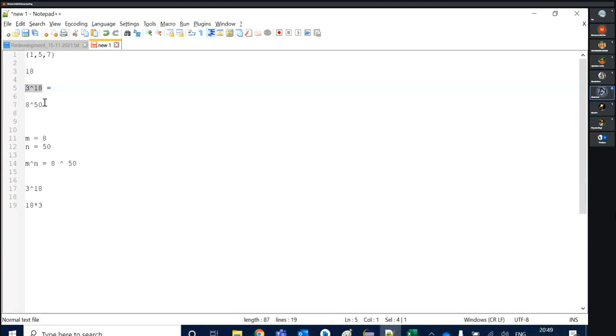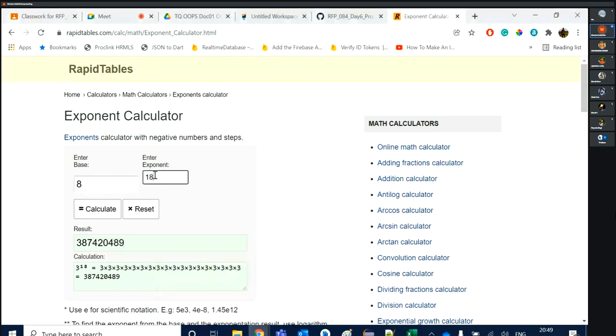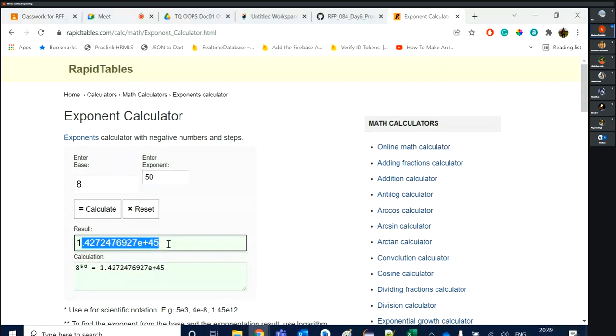It is more than 100, 200 crores, I think. I am asking 8 raised to the power 50. This much calculation is there; it is coming to 100,000 crores of calculations.